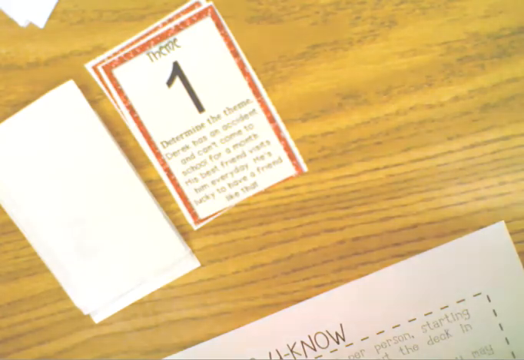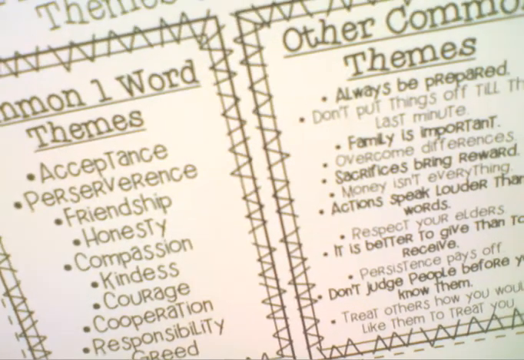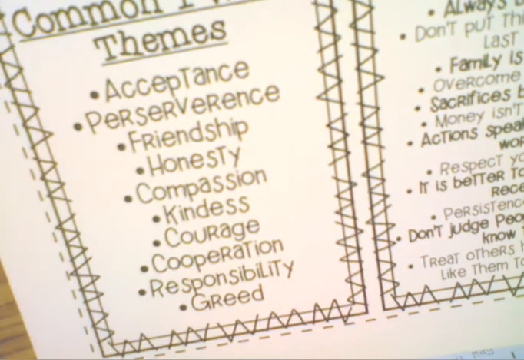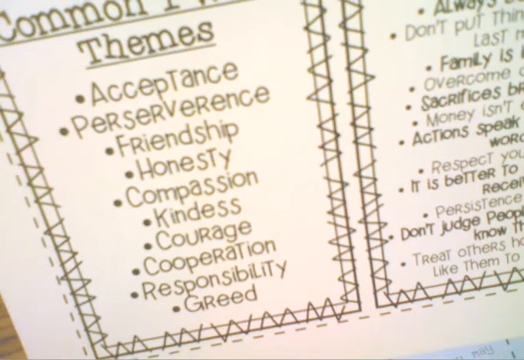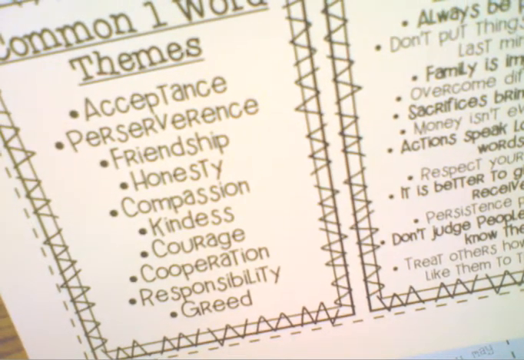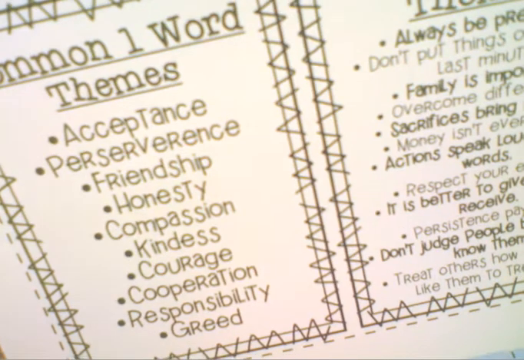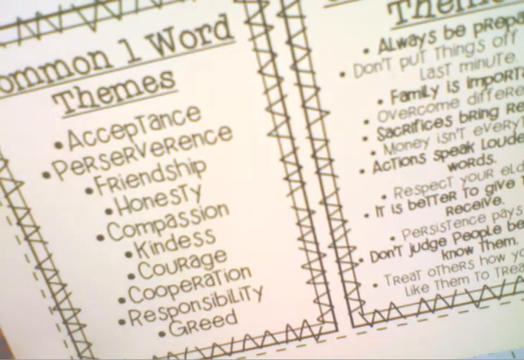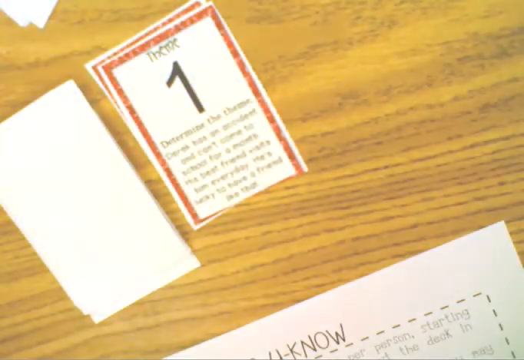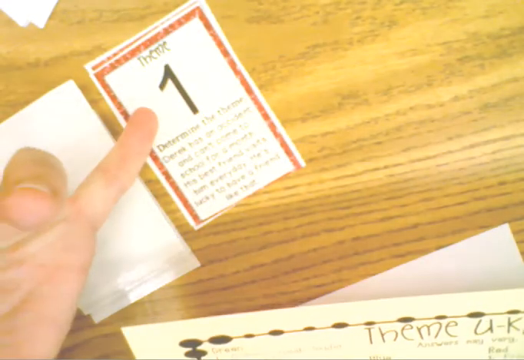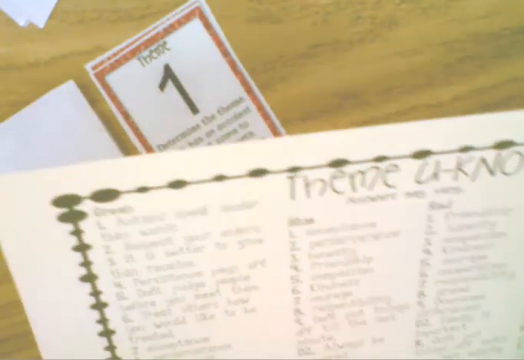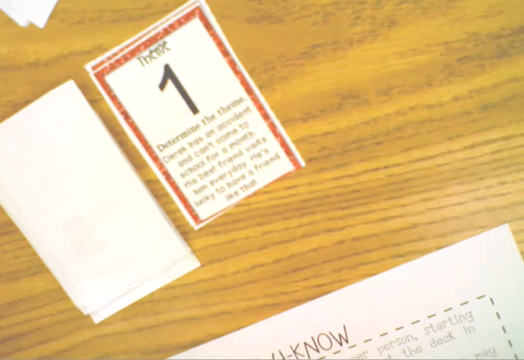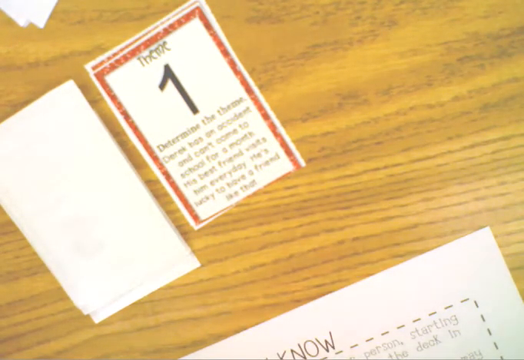There is a little cheat sheet here that gives us some common themes like acceptance, perseverance, friendship, honesty, compassion, kindness, courage, cooperation, responsibility, and greed. And then there are some other common themes as well. But I'm going to go ahead and go with friendship. And then the person that I'm playing with can look at the answer sheet. And for the red number 1, so here's my red number 1, it is friendship. So I was correct. So I get to leave my card there, and it is the next